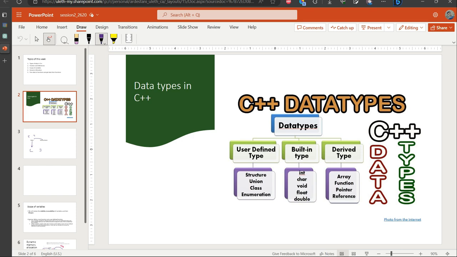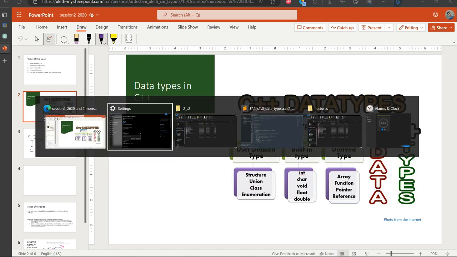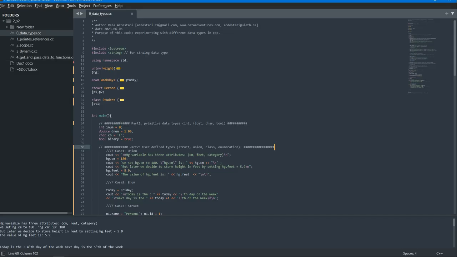And the next category is user defined types like a structure, union, class, and enumeration. Union and enumeration are not used frequently, but classes and structures are used frequently, and the focus of this course is class, and how we are switching from procedural programming to object-oriented programming, and how we can use objects and how we can define classes. All right, so let's go to the coding part